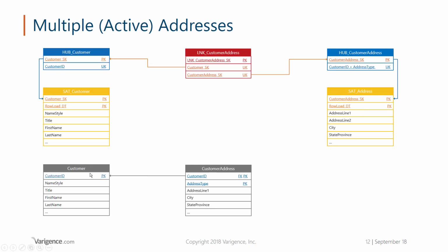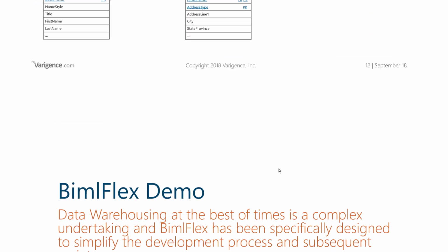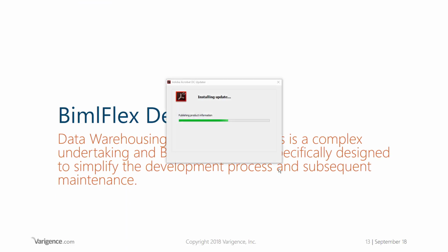So again, as we're going to do this, we're going to have the hub customer. We're going to have a link between the customer address here, same as in Ruland's image, between the customer address and the customer address SK, and then we're going to have this keyed instance hub, which will have a concatenated key of customer ID and address type and the surrogate key, and then we'll have a satellite sitting over here. So let's go and have a look at what that looks like and how we would do that in